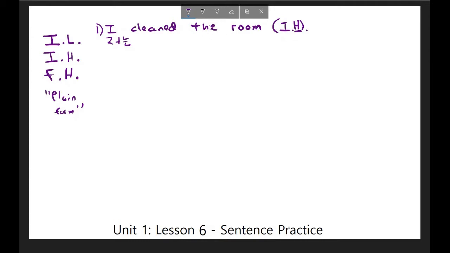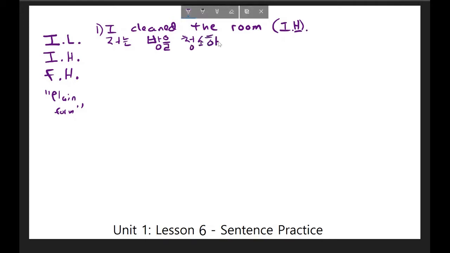Again, there's no real way to say the in Korean, so you just need to indicate that it's a room. This could actually translate to I cleaned a room or I cleaned the room, and the context would have to make it clear. This is the object of the sentence, so I would put the object particle on 방. And now I need to add the verb to clean, and in the past tense. The verb for to clean is 청소하다,